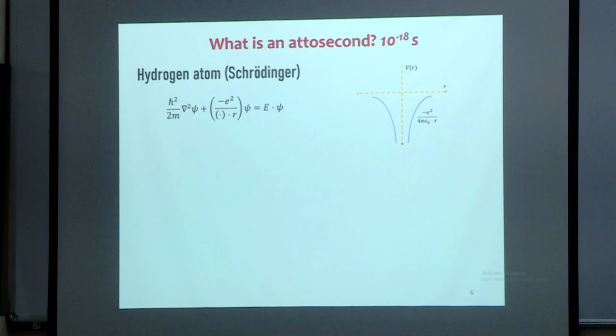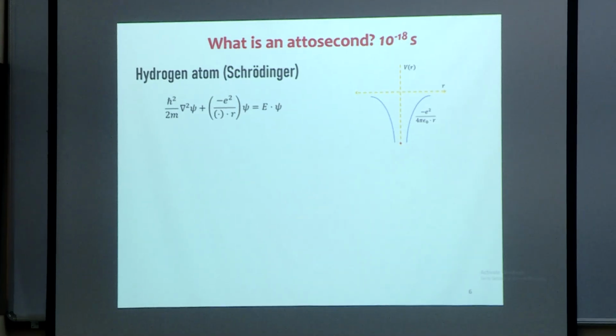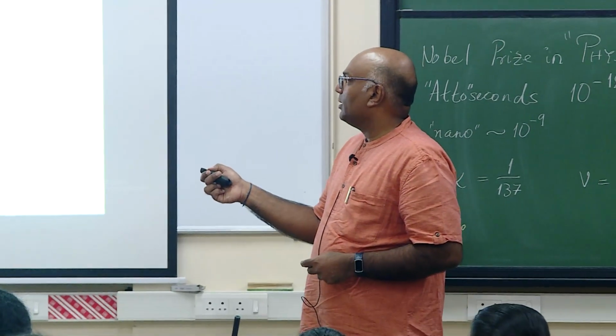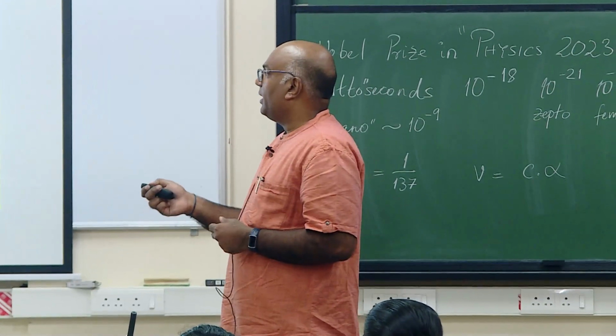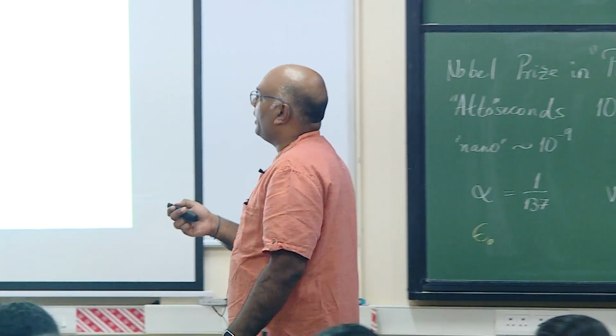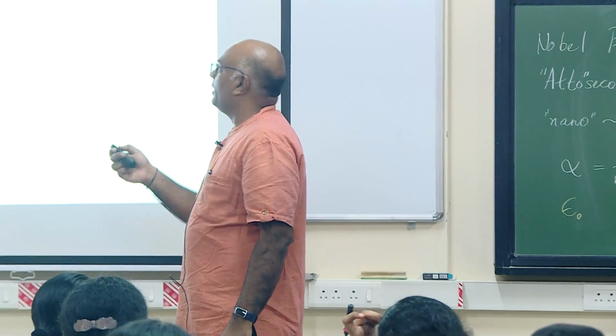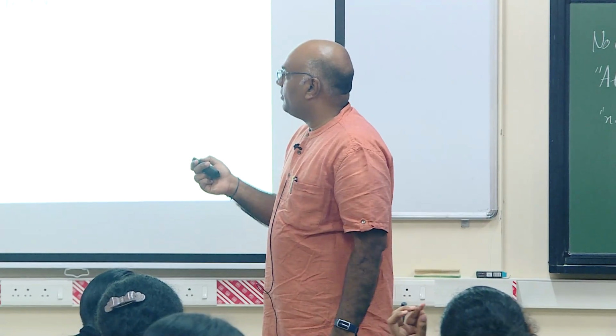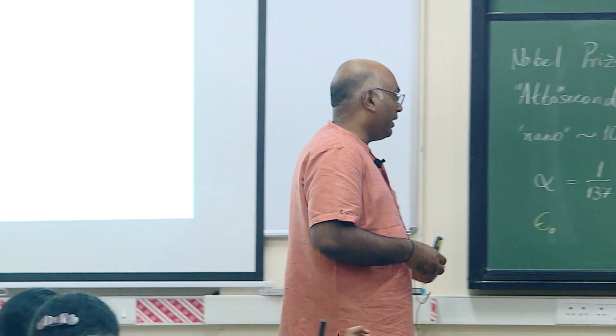What this tells me is that if I want to know anything about the hydrogen atom, just as for the trajectory I need to solve Newton's equations, here I need to solve this Schrodinger equation. Yes? Does this equation have something to do with the H psi equal to E psi? So H, yes, you have E psi on the right hand side. So the left hand side can be written as H operating on psi is equal to E psi. Okay. So for example, then I would have to write H to be,